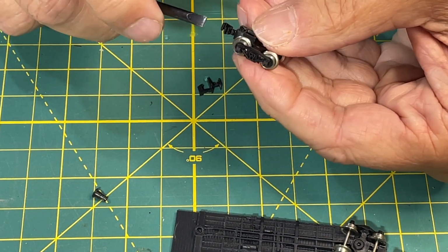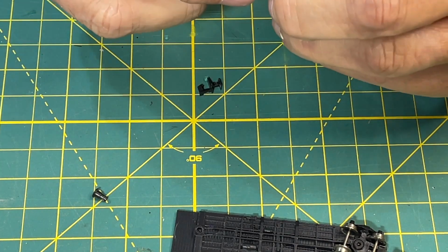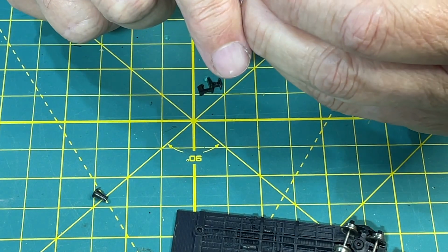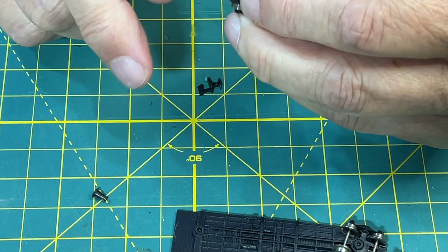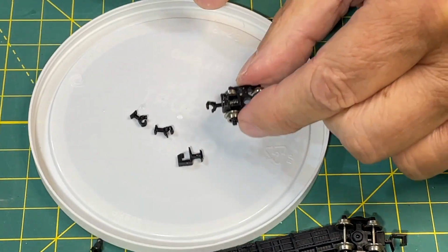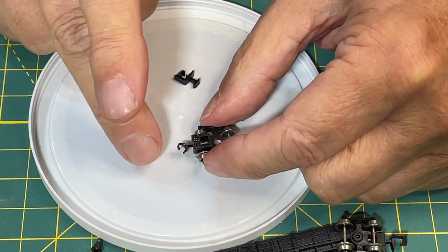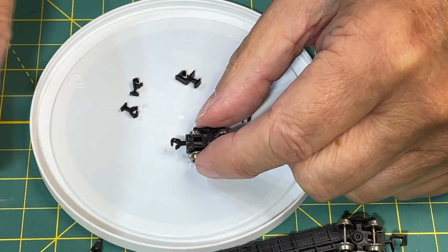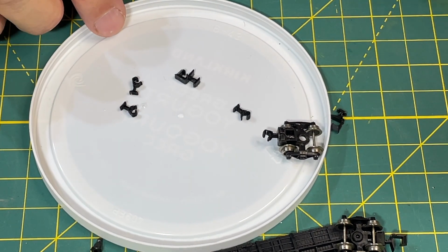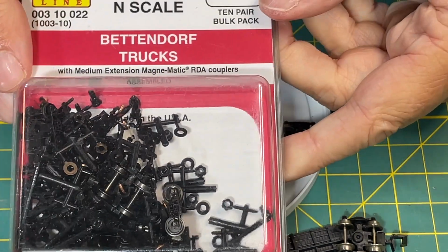Now you can get away with changing these twice maybe, but I wouldn't do it too many more times than that, because the metal gets a little weak when you do that. And there we are. And for contrast, there it is right there. It's got some give and play to it. It's not too bad. And they'll hook up quite nicely to, normally I would use these here,